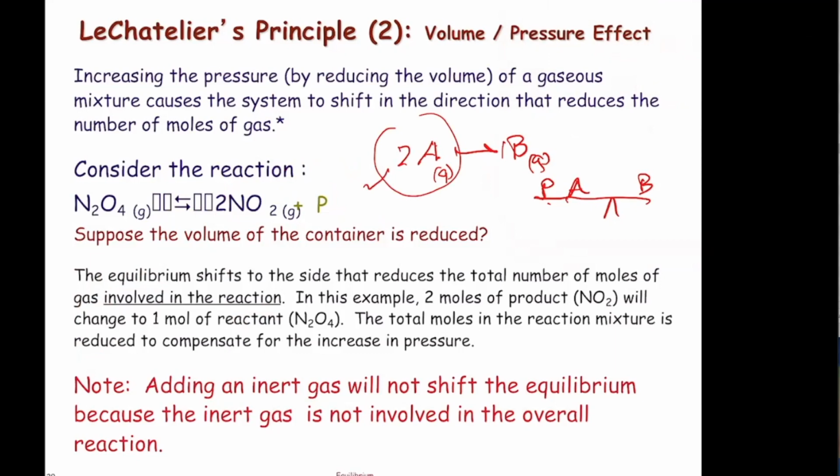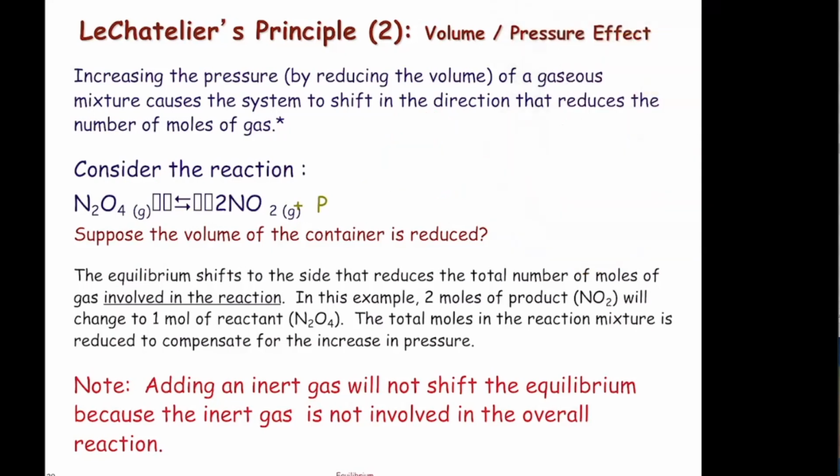So when we increase the pressure here, we cause this teeter-totter to look like this. In order to go back to equilibrium, this reaction will favor the forward direction. More moles of A will convert to fewer moles of B, therefore alleviating that pressure, and the reaction shifts to the right. On the other hand, if we remove the pressure,